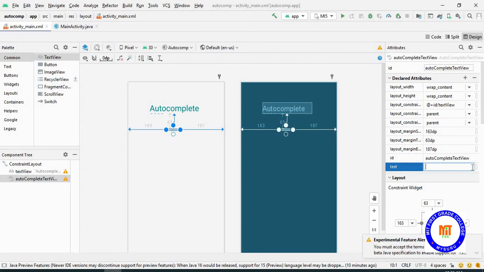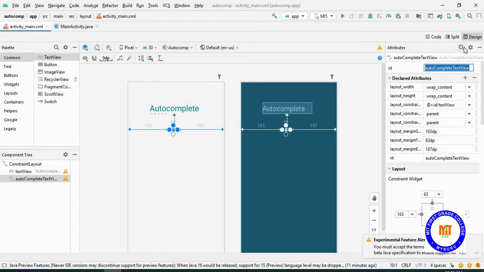So here we have to give the hint to the user. Instead of text, you have to give the hint. So before giving the hint, you have to make the text empty.